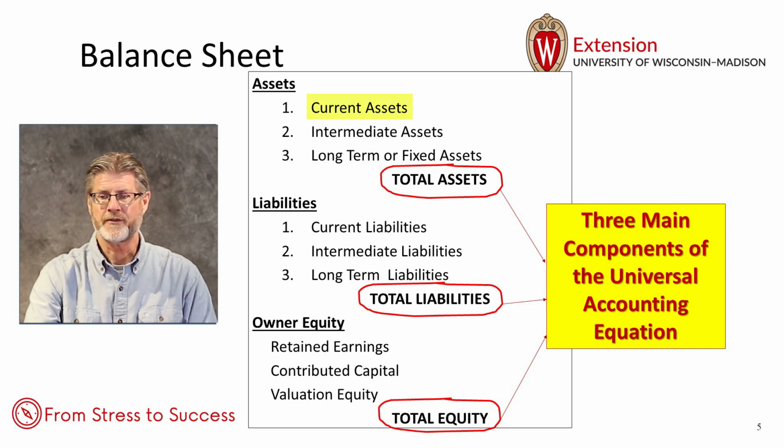Current assets and liabilities are those assets that are cash or will convert to cash under normal business operations within 12 months. And current liabilities are those obligations that must be paid within 12 months. Intermediate assets are those that typically last for 2 to 10 years and include breeding livestock, machinery, vehicles, and other equipment. Intermediate liabilities are those obligations that use these assets as collateral. Long-term assets are those that last 10 or more years, primarily including buildings and land. Long-term liabilities are those obligations that use these assets as collateral.